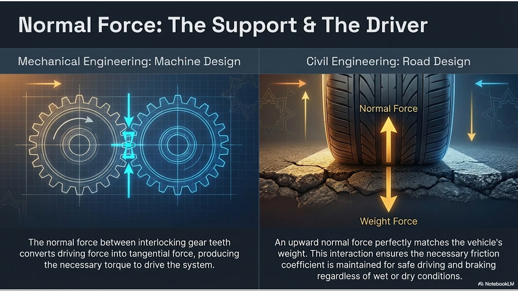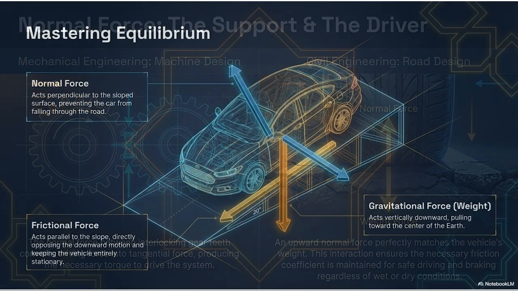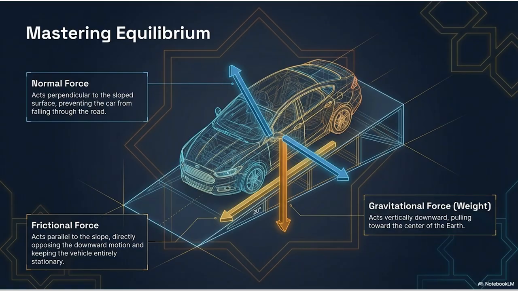Wow. But pulling back to our Ford sedan, parked on the 20-degree slope. Right, our poor abandoned car. We have gravity pulling it straight down. We have the normal force of the road pushing back up at an angle to keep it from falling through the earth. But the car is on a hill. Yeah. Why isn't gravity just pulling it backward down the slope? That brings us to our third invisible wrestler, frictional force.